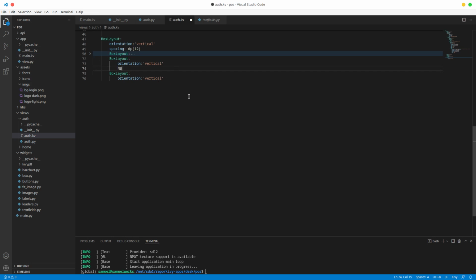So box layout like that, and this box layout is going to have, let's see, size in Y. Let's do size hint Y, and let's do none. Let's do height, let's do 64, and let's just comment this for now. Bear with me. And actually, let's not use a normal box, let's use a back box because we want to set the background